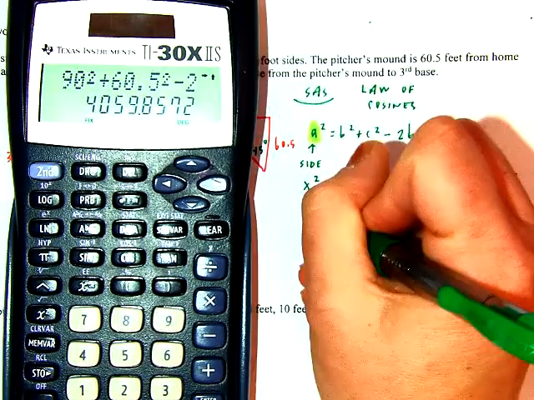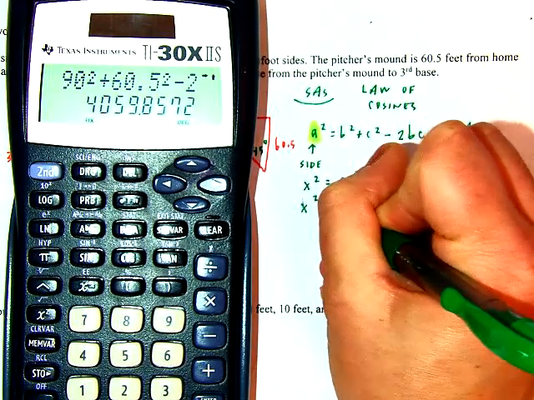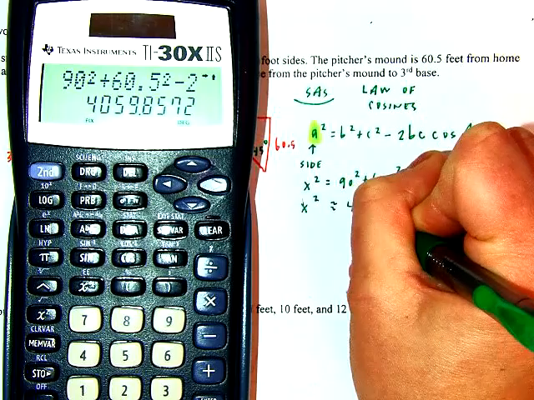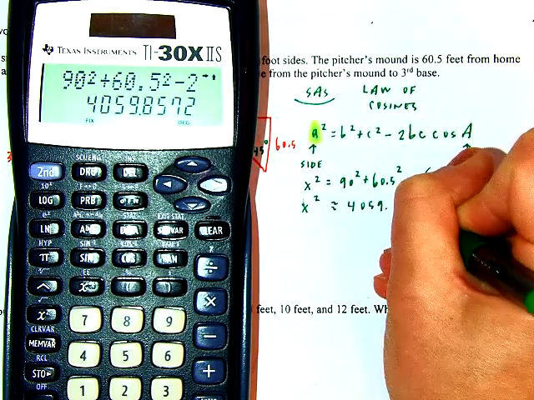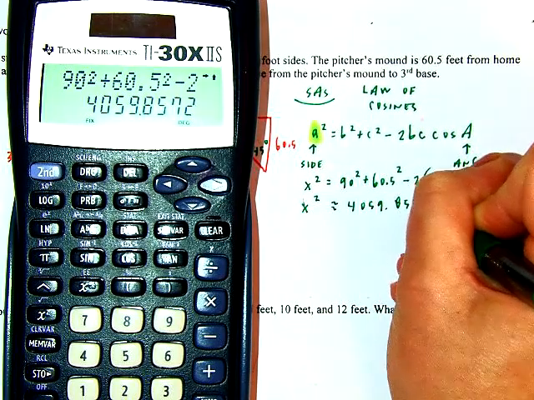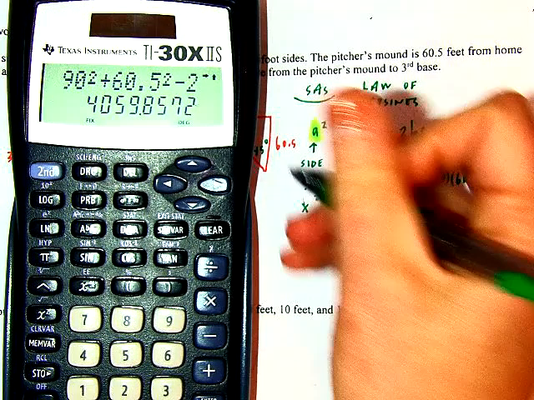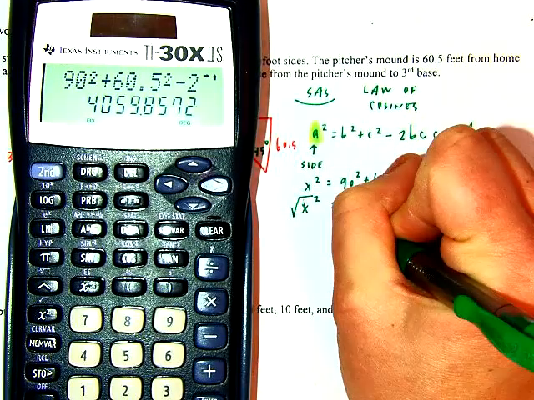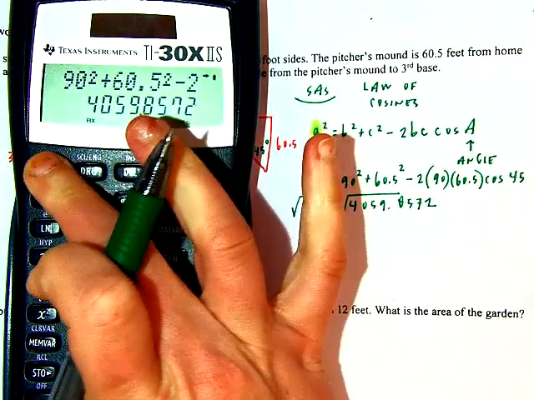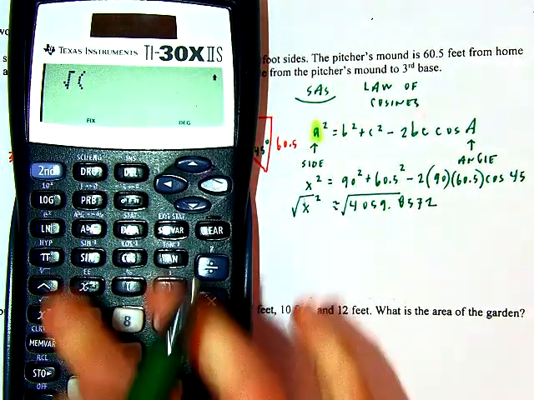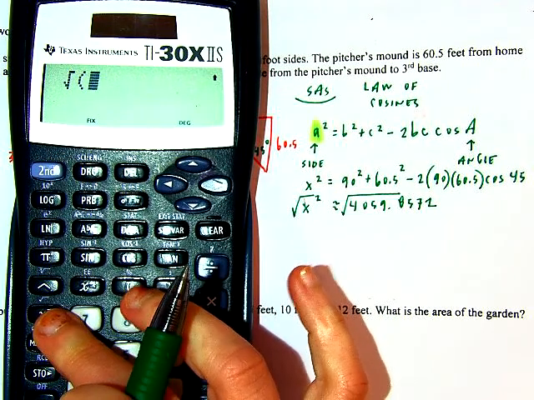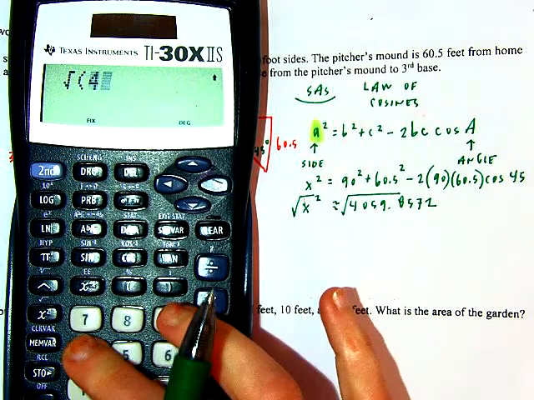All right, so now x squared is about 4,059.8572. Again, I'm just rounding all those intermediate steps to the nearest ten-thousandth, 4 decimal spots. I want to solve by taking the square root. So second square root right there, the x squared got me the root. And I'm plugging in